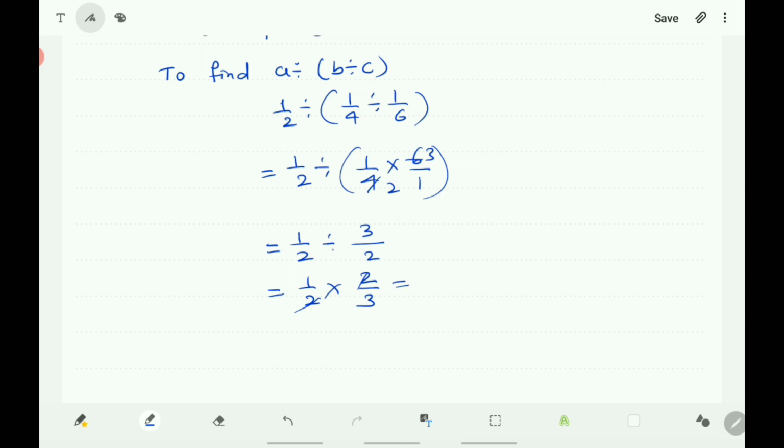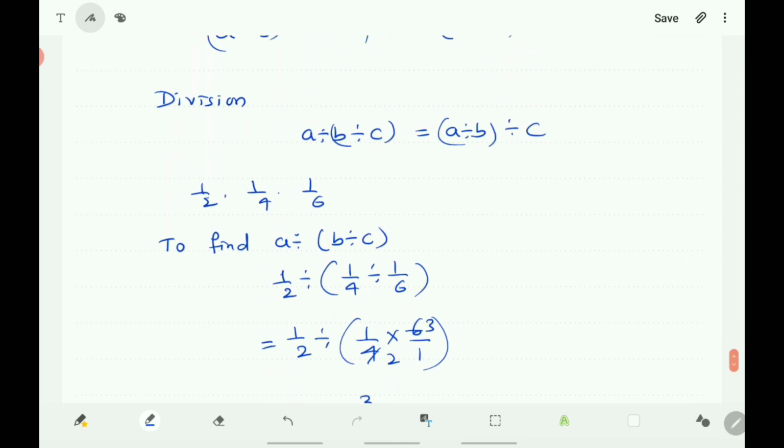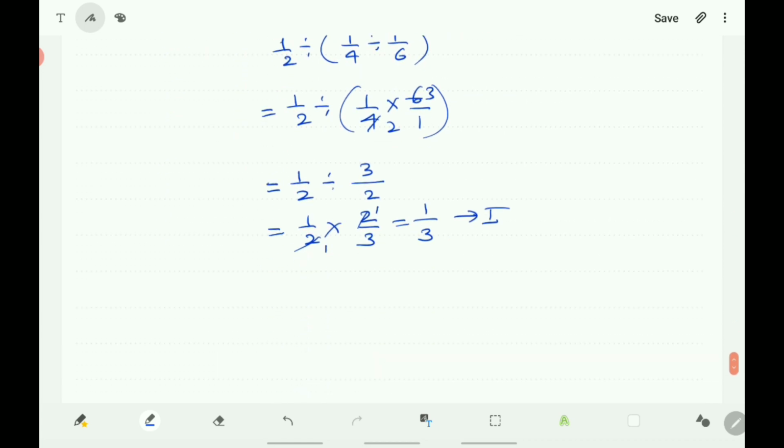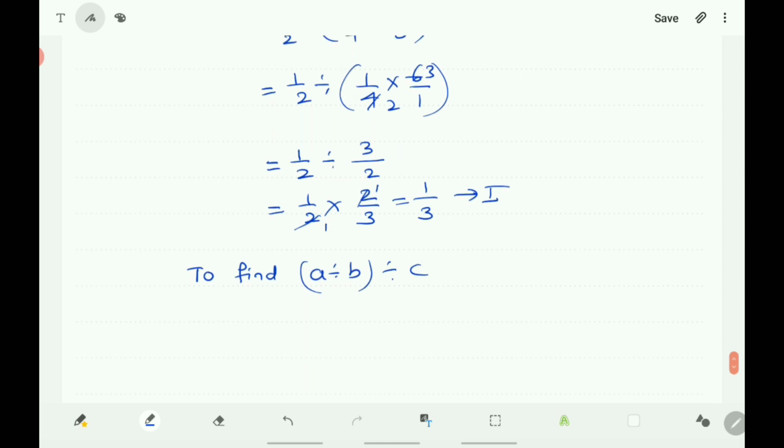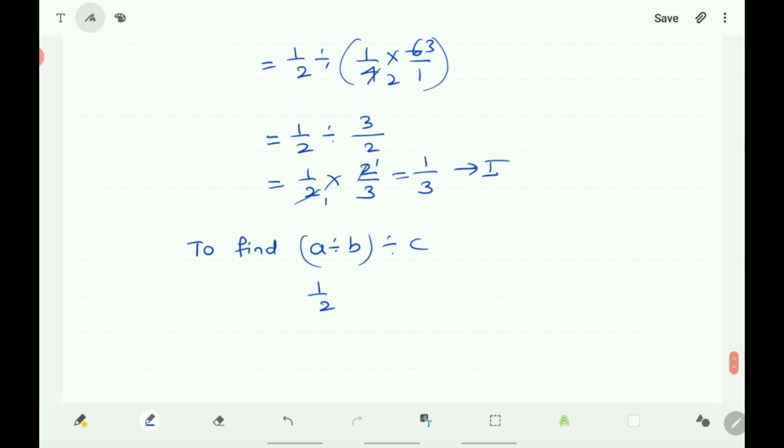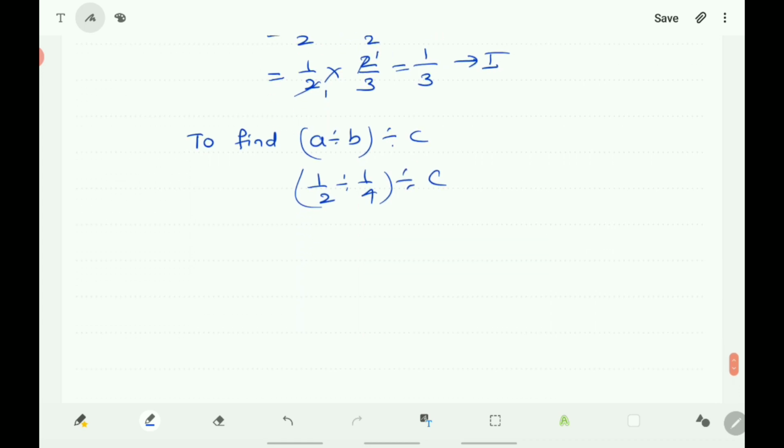So you will get here 1 1s are 1, 1 3s are 3. Consider this as the first. Next, to find the RHS, to find A divided by (B divided by C), you take 1 by 2 divided by (1 by 4 divided by C). Simplify the bracket first. There, 1 by 2 into, it becomes the reciprocal of 1 by 4, which is 4 by 1. Here C